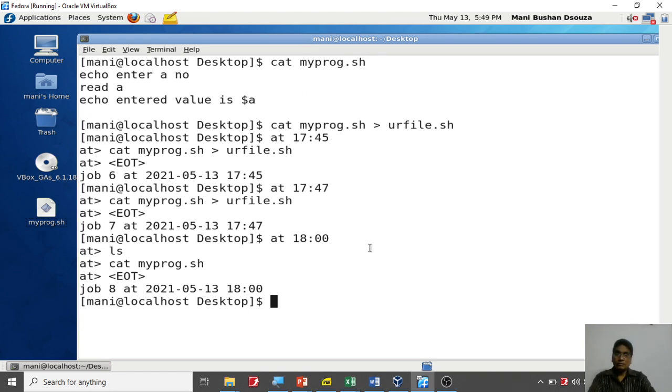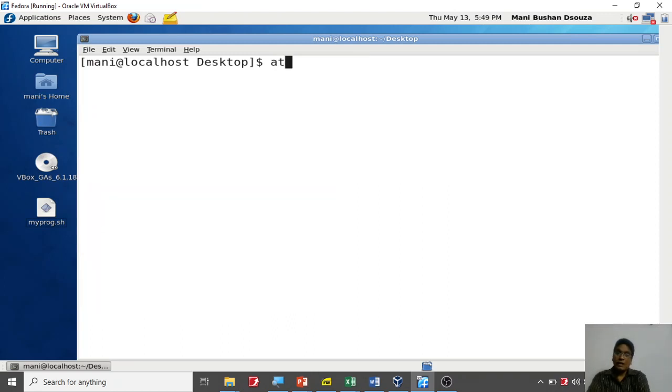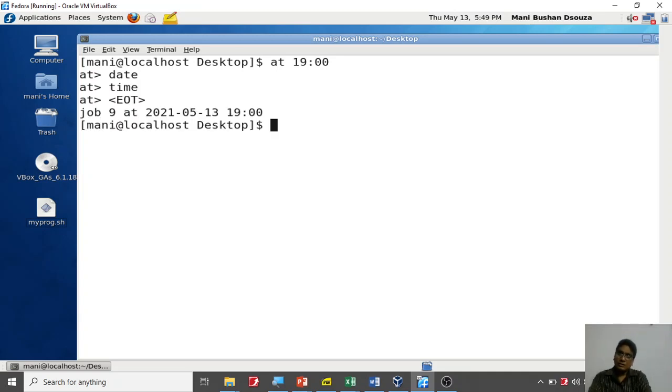Now again something, I'll clear it so that there is no clutter. At 19 hours, sometimes you type, I want to show the date, I want to see the time. I am just giving some commands. Let's say these are all the commands that are there.